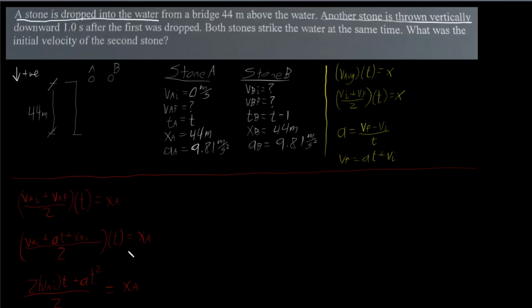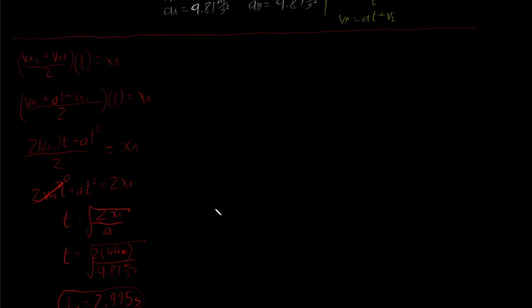Okay, so we now know, and this is time for stone A, how long it takes stone A to reach the bottom. Since we know how long it takes stone A to reach the bottom, we now know how long it takes stone B to reach the bottom, because stone B is falling for 1 second less than stone A. Because remember, stone B is thrown 1 second after the first was dropped. So let's see what we can do